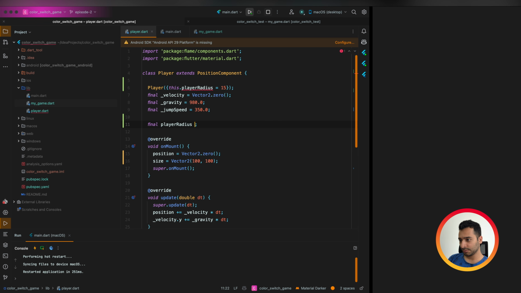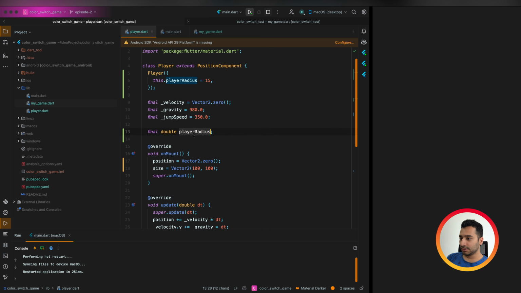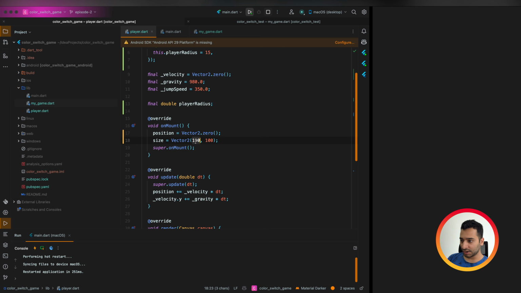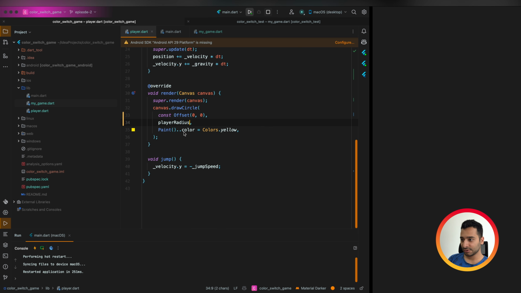Oh, so we need to remove it. Okay, final double playerRadius, and now we have access to this value, and here we can say Vector2.all, which means both x and y value, it should be playerRadius times 2, because radius is half of a circle. So here we need to multiply it by 2. So we have our size, and here we can use this variable instead of the hard-coded 15.